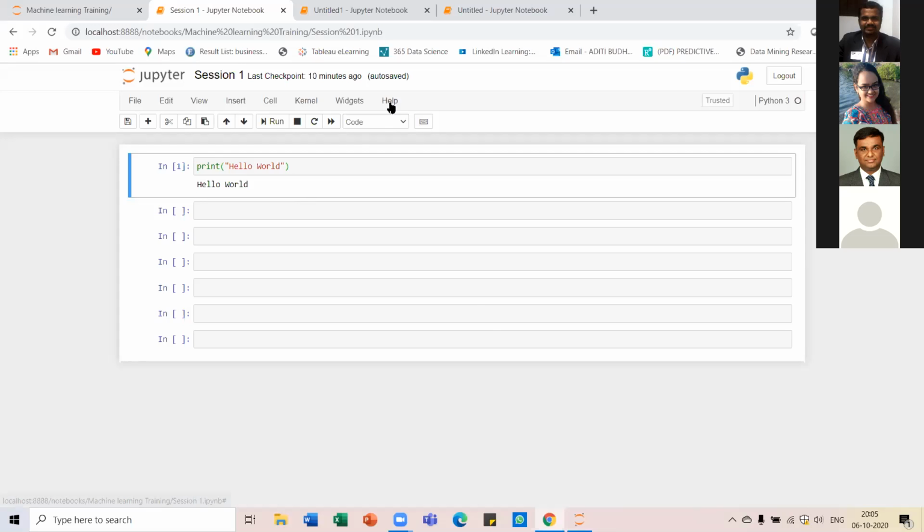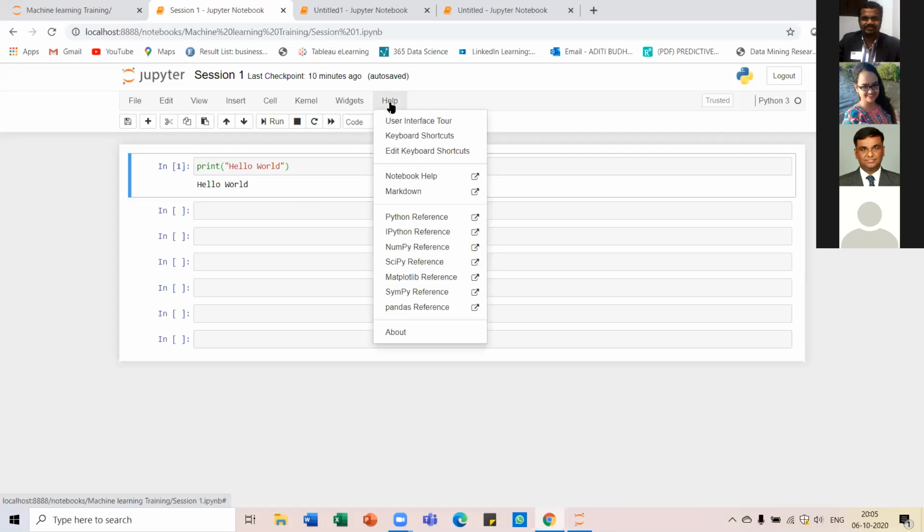Yeah. Just go to Help. And you can see over here that there are some default keyboard shortcuts which Jupyter Notebook has. In order to modify these, there is another option over here, Edit Keyboard Shortcuts. So you can go there and modify.